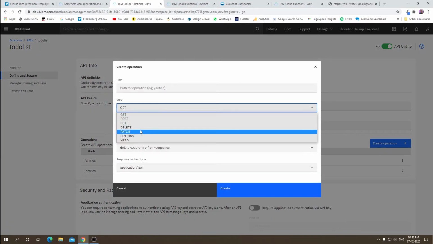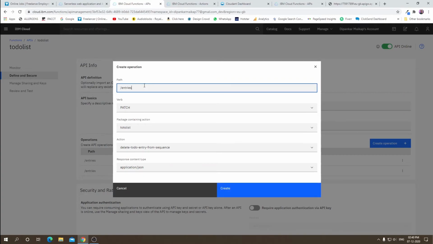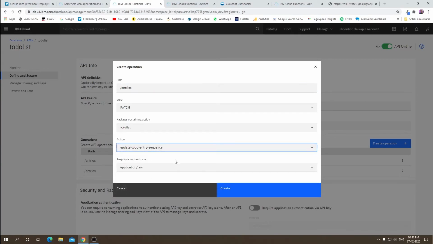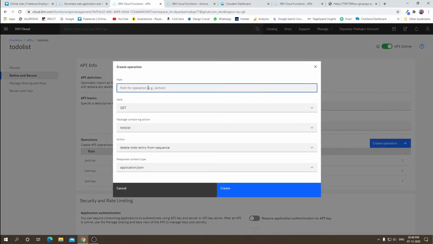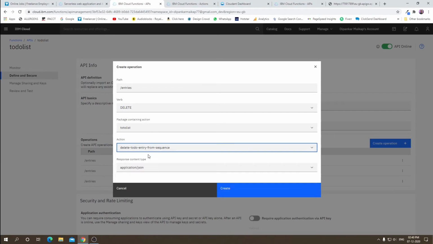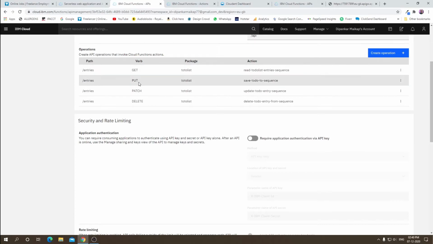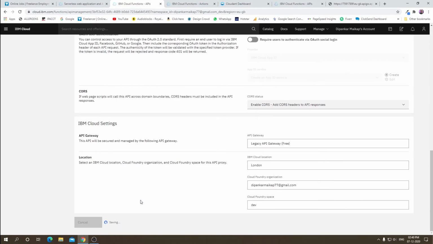So then patch, that will be update to-do list entry sequence, create, and the last one that will be delete, delete to-do entry sequence. Okay, and create. So as you can see, we have get, put, patch, delete, the four sequences that we created. We can just now hit save, and then,